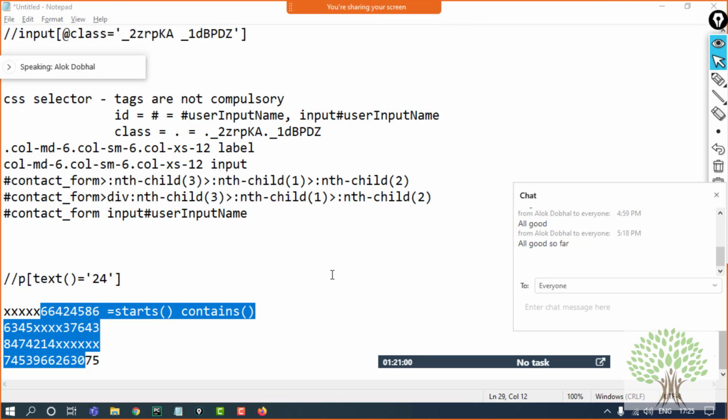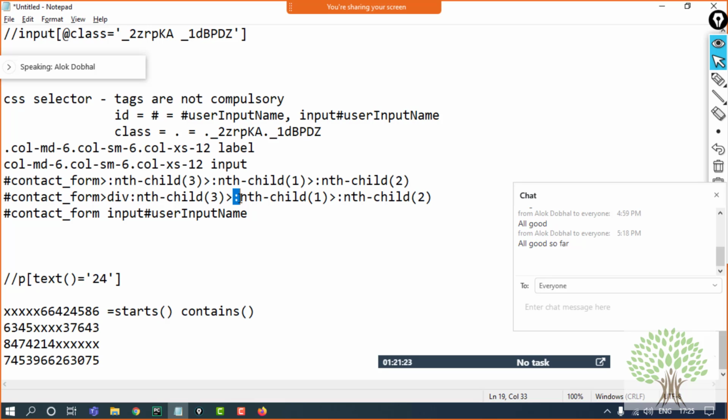Whatever you have told, Jaspreet, I'm able to understand. It's just that I'll practice it, and then if I have anything, I'll come to you. Sure. Because I remember I used to use this NS style thing, like preceding and then descendant and all. In this nth-child, the only thing I was thinking about is this colon. Does the colon just before the nth-child mean like the star that we use in the normal one? Like anything before it? Sorry, I didn't get your question. Can you repeat that, please?